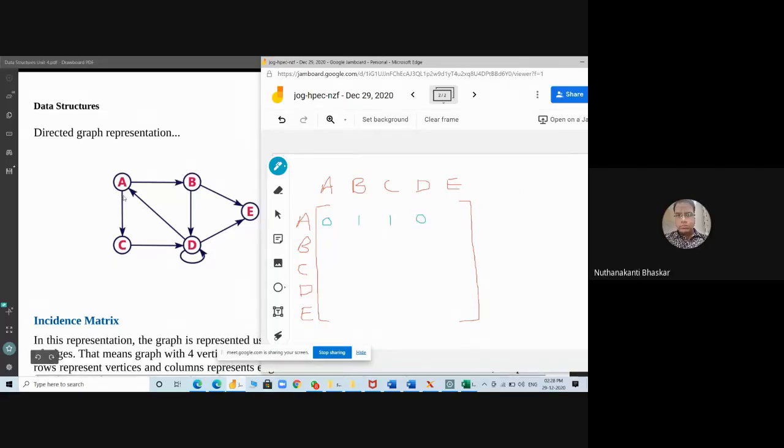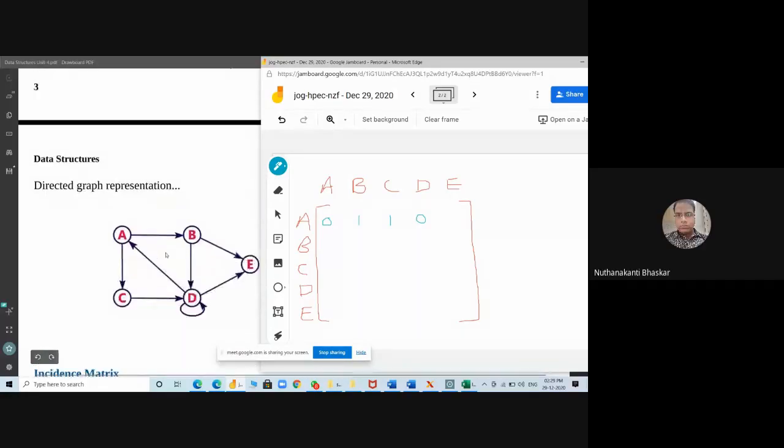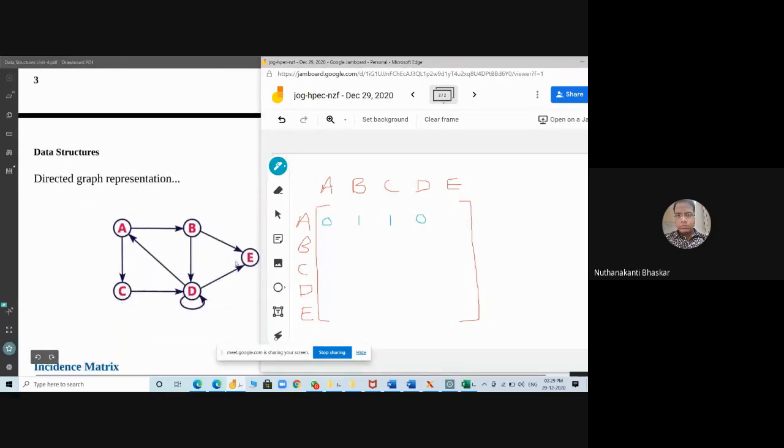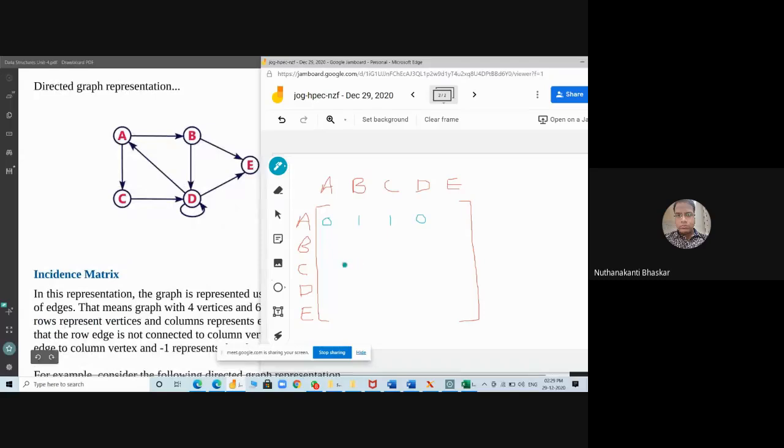Because it is a directed graph. In an undirected graph you would have given 1 because the edge is there. But it is a directed graph, so we cannot write 1 for A to D. Understand? Yes, sir. Now A to E,